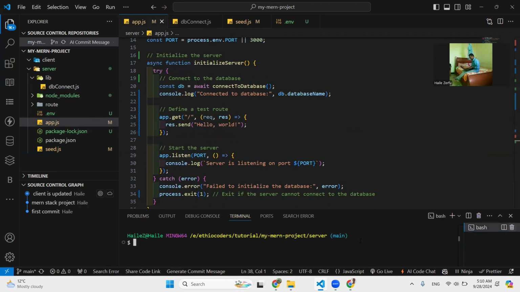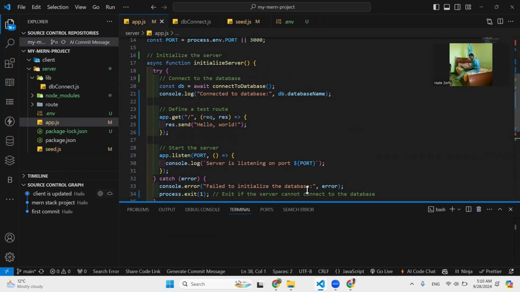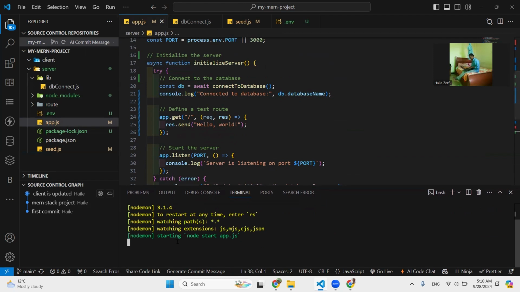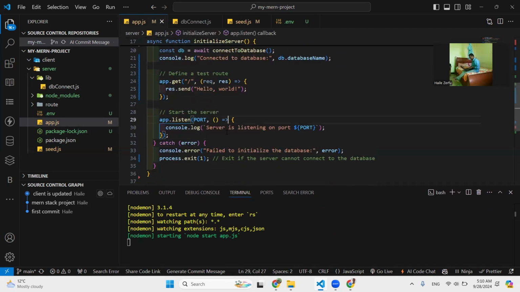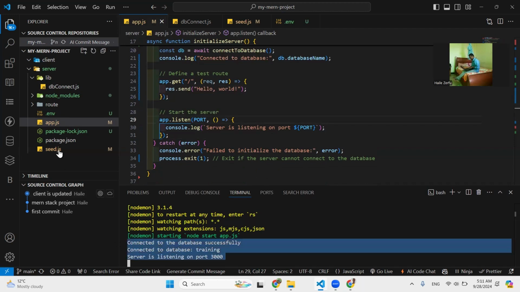Let's check it. Node mon start. We define the routing and start the server. And also our database is successfully connected. And also we have seen